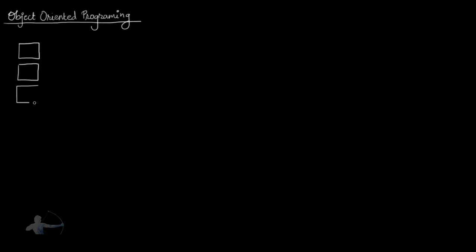Object-oriented programming. There can be many definitions and many explanations of object-oriented programming, but here we will think about it from the artist's point of view and from the point of view of what we are going to do in this video series. So, in simple words, object-oriented programming is an extension of the modular approach of programming. If we take a look at the evolution of programming languages, object-oriented programming evolved from the modular approach. And because the modular approach was not very extendable, and by adding properties like inheritance,